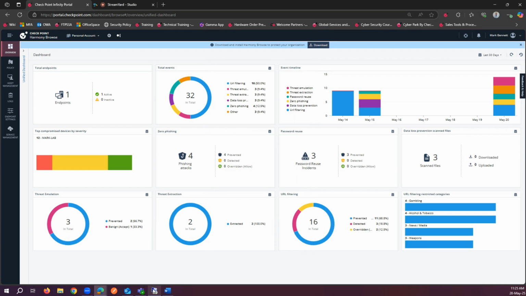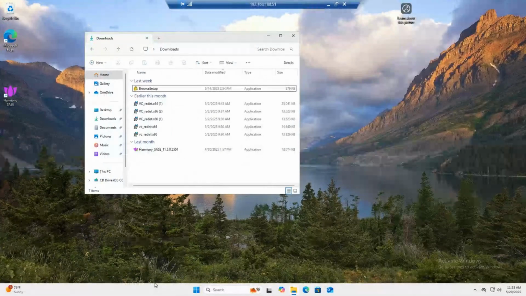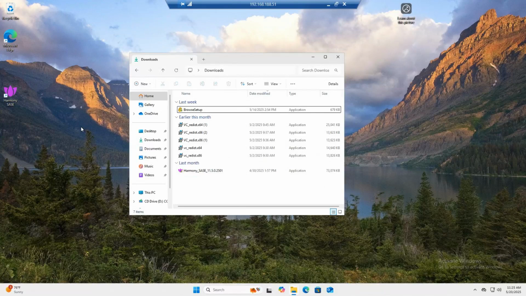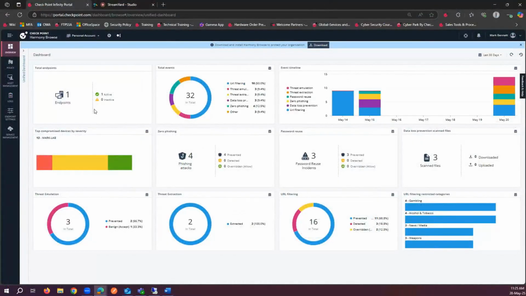So to give you an idea of what I'm talking about, I'm going to launch my LabBox here. And I've actively installed this agent right into the browser. And here it is when I downloaded it. You notice it's only 679K in size. So very, very lightweight extension. Now, once we have